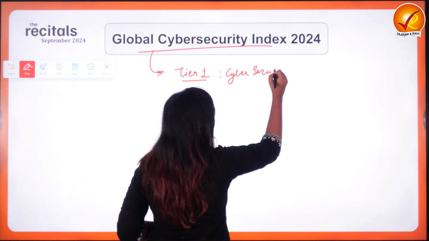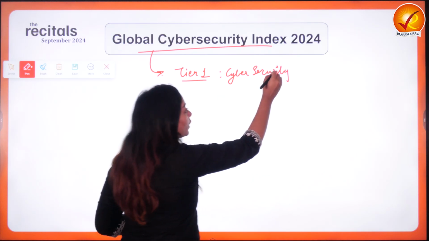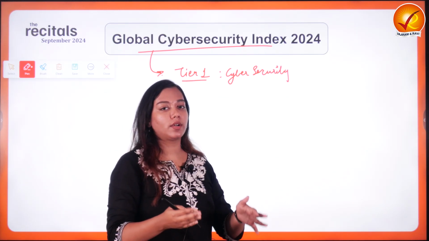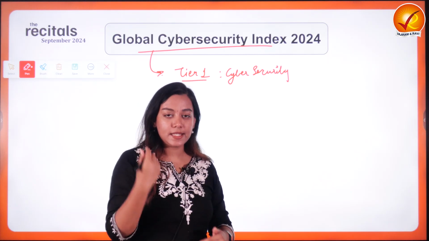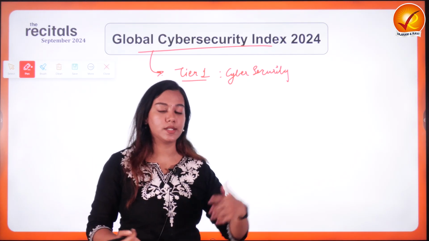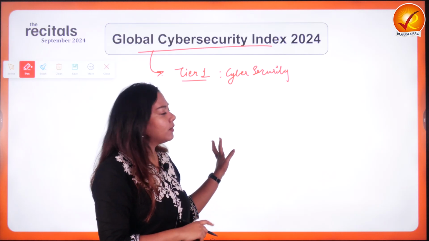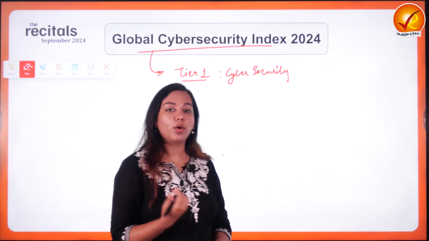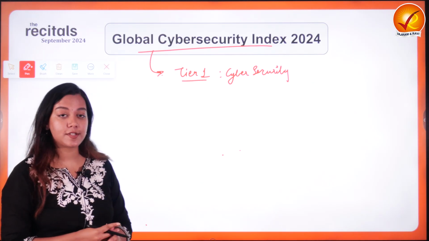So think about the cyber security that is going on in the other countries. If we have got the Tier 1 status despite seeing a lot of attacks, think about the other ones. In this particular topic, we will be looking into the government schemes which could have made it possible. What is cybersecurity? What are the different types of cyber crimes?